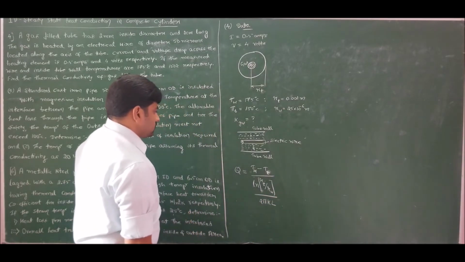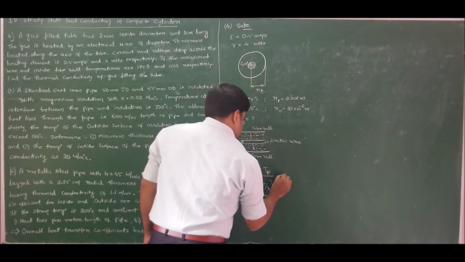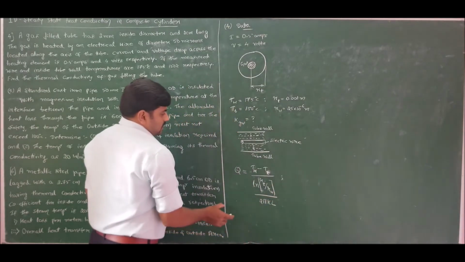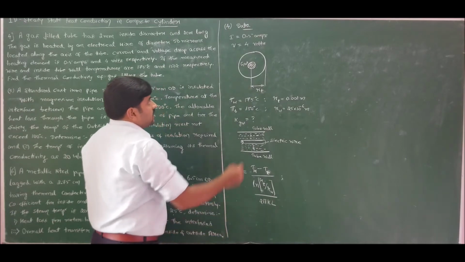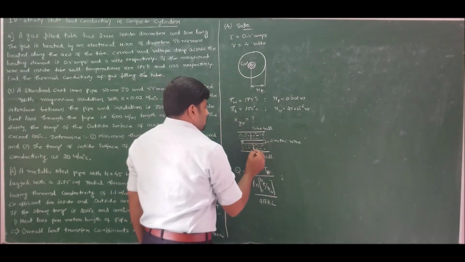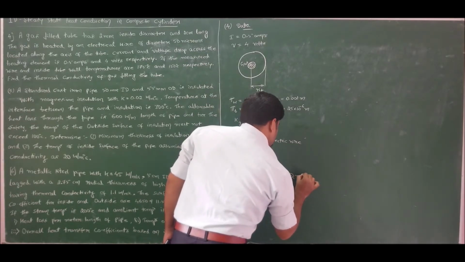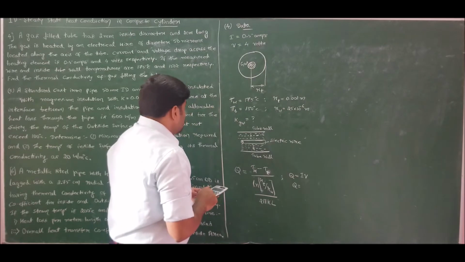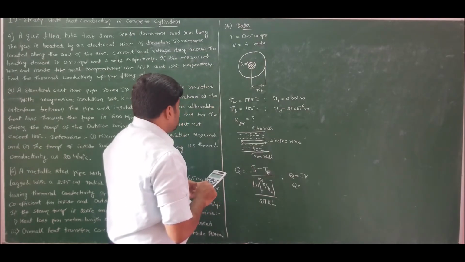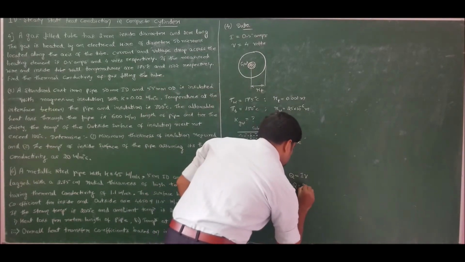This we already know. Now we have thermal conductivity here, but Q is also unknown for us. In this we have two unknowns, one is Q, another one is thermal conductivity. But he has given the voltage and current passing through this electric wire, so heat will be equal to the product of voltage into current. So Q will be equal to voltage 4 volts times current 0.5 amps, which is equal to 2 watts.